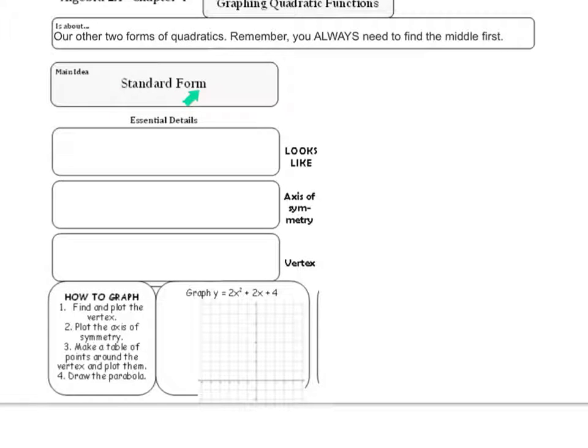So standard form is what this video is all about. Standard form looks like y equals ax squared plus bx plus c. Now you've seen an a in the front before, and our a here actually still does the same thing that you're used to. The first thing we're going to find for these is our axis of